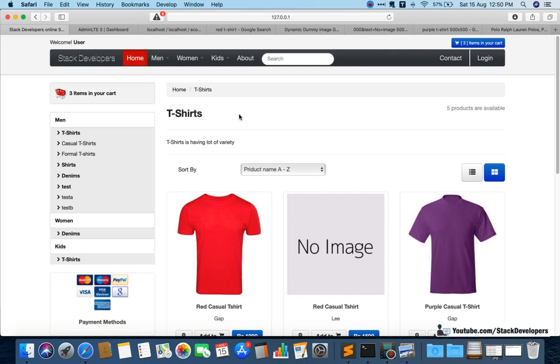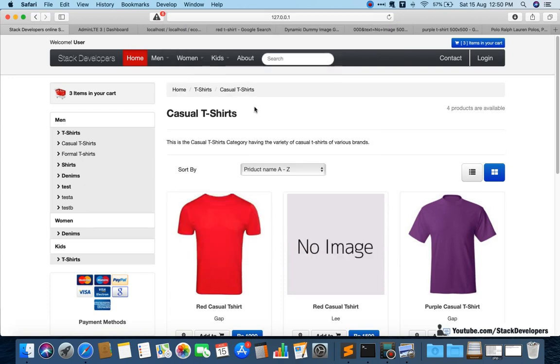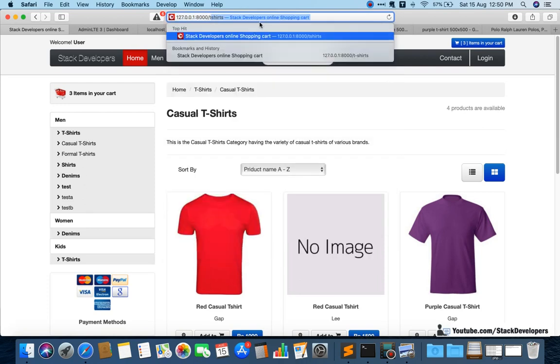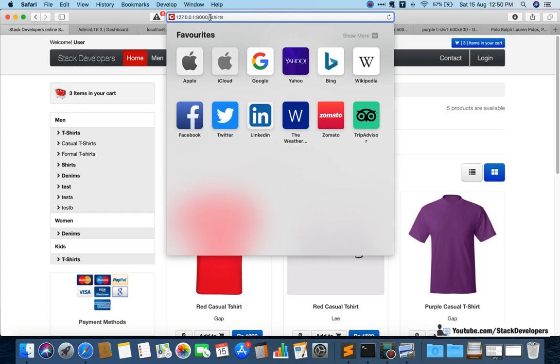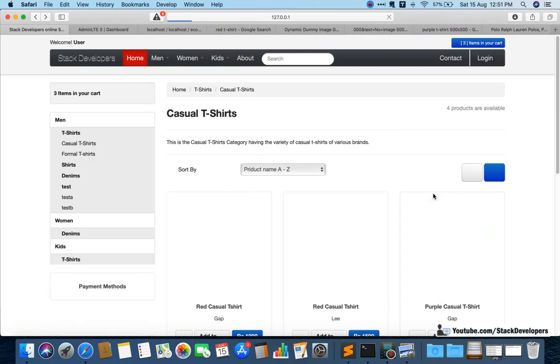Home, t-shirts and casual t-shirts. See, we can go into t-shirts. Okay, see, now it looks perfect. And now if I open casual t-shirts, that is opening t-shirts and casual t-shirts. If we are opening the t-shirts only, then see, this is the main category. So in the breadcrumb only the main category we are able to see, and if we open a subcategory like casual t-shirts, then in the breadcrumb the main category as well as the subcategory will come, with links also. Casual t-shirt has its own link, and the main category has its own link. You can go to the category from the link itself. Okay, so now it seems to be fine.